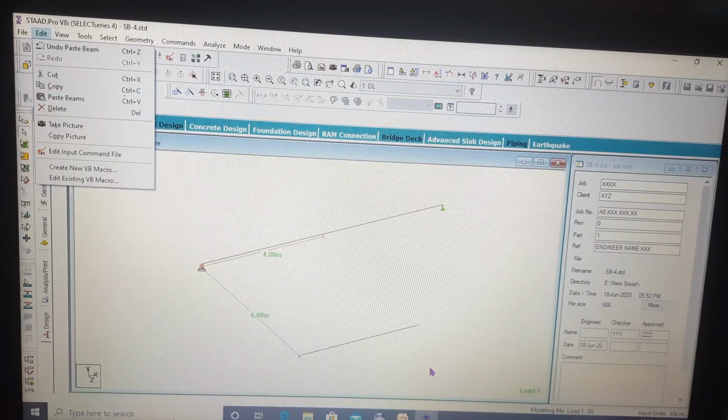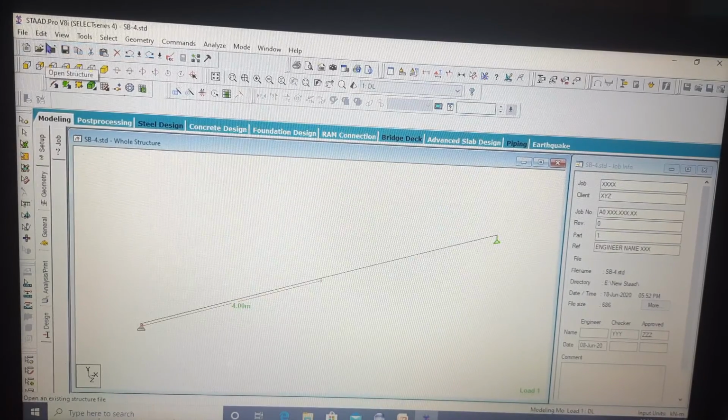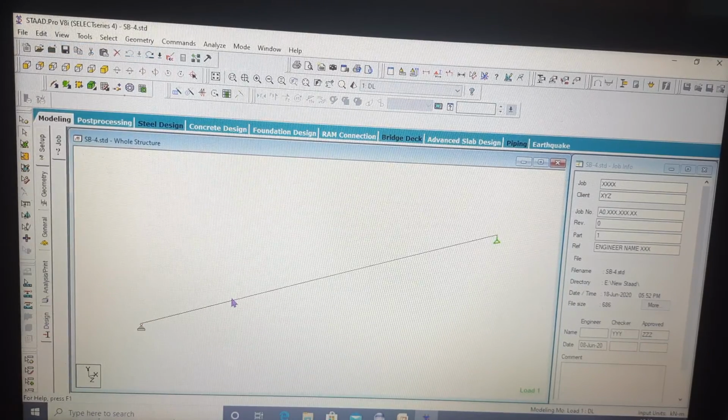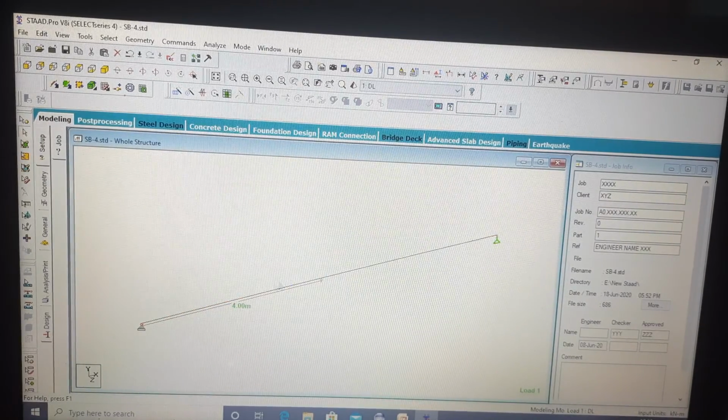Say you want to cut this beam permanently. I am undoing all the things. Say I want to create a beam 6 meter apart, but I want to delete this 4 meter beam.